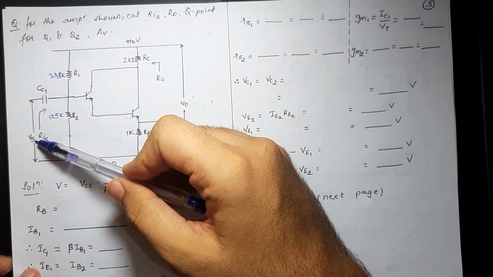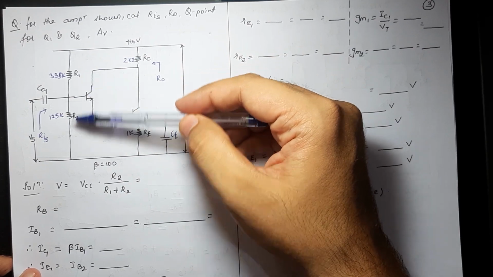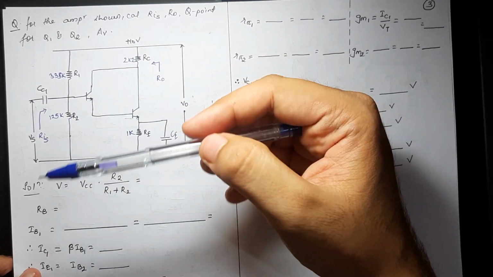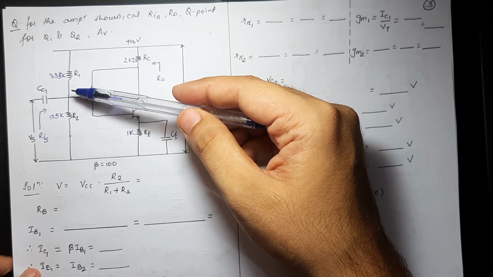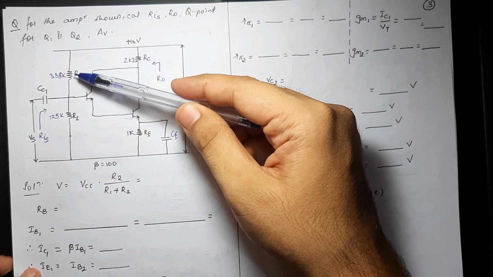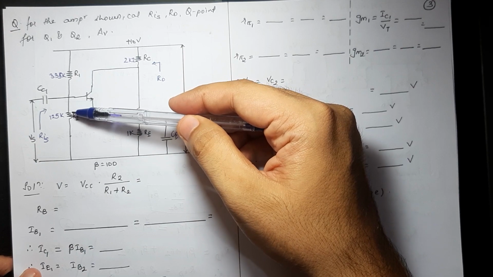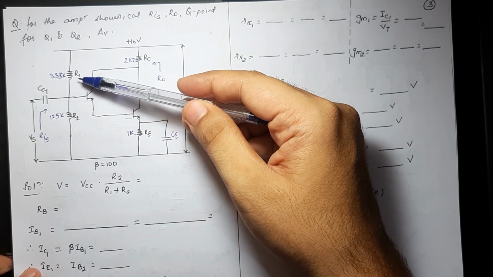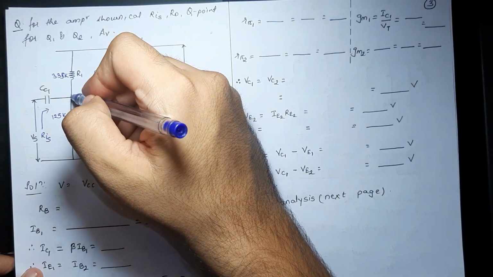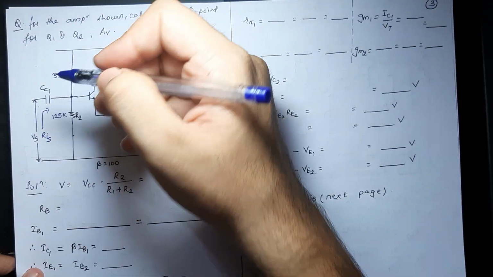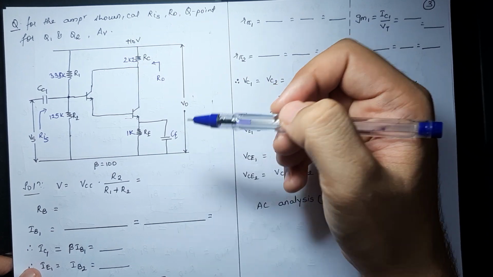Now, this is the VS over here, and since this is a mother circuit. Now, how would I know it is a mother circuit? Since the biasing resistor RB is a combination of R1 and R2. Since it is a mother circuit, if this is a mother's blessing, if this is a mother circuit, then it is necessary for us to take the mother's blessing. Hence, we'll be calculating a value V, which will appear over here, and a value RB. So let's get started, everyone.